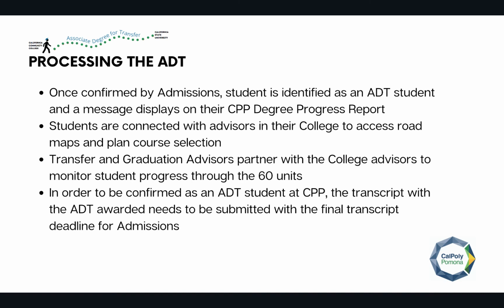And then you will work in conjunction with your college advisor. So there are a lot of resources when you come to Cal Poly. You have your college advisor. If you're an EOP, you have an EOP advisor. You have us, TGAs, as a resource for more graduation and transfer type work. So you do have a lot of advising components and advisors to help you along the way. But for the ADT specifically, your college advisor will help you in regards to planning classes and coursework because you have an ADT. So it'd be best to work with your college advisor if you are working on your course planner with your ADT in your specific major.